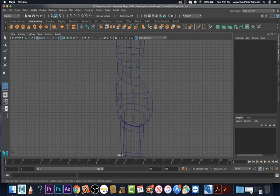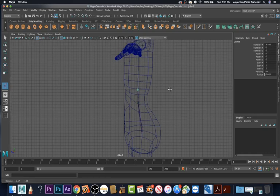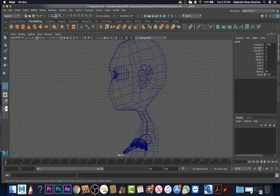So I'm going to start off with the pelvis or the hip joint, then the upper hip, middle of the waist, bottom of the rib cage, the sternum, the top of the rib cage, which is kind of closely lined up to the clavicle, the lower neck, mid neck, head, and then that's all that technically we need, but I usually like to create